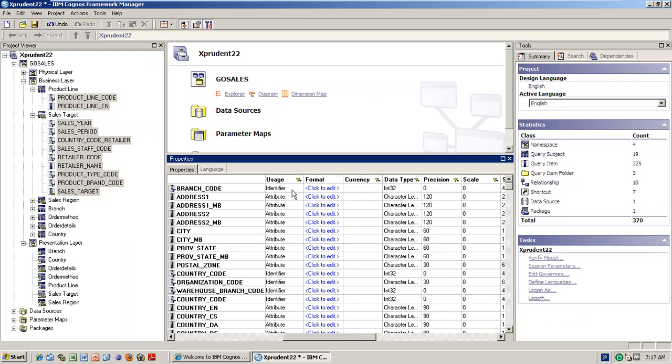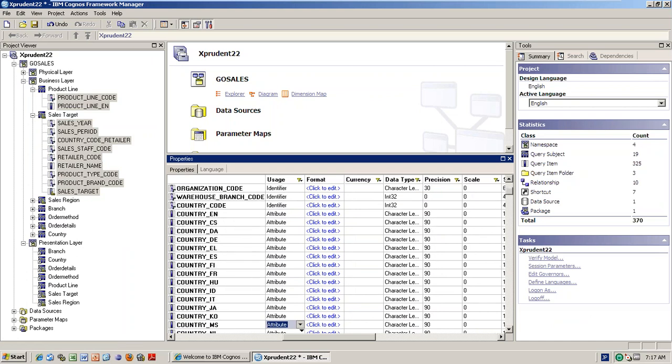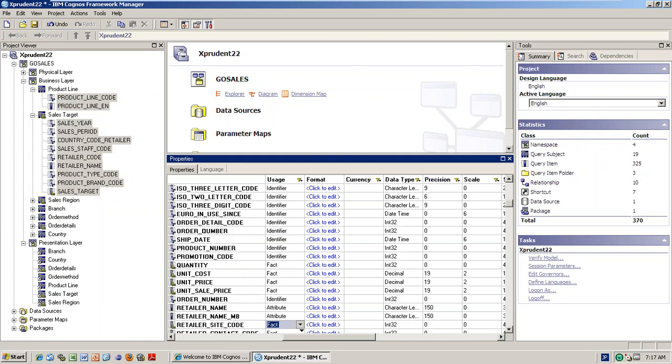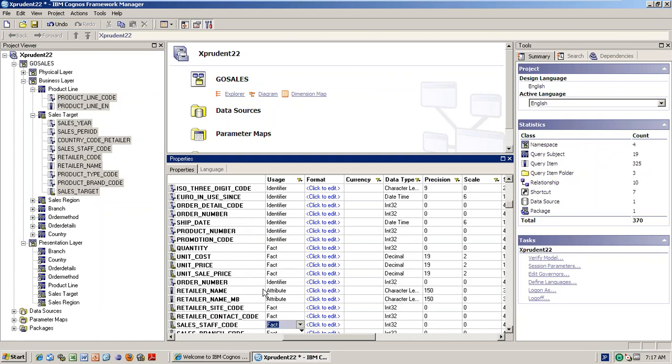Now say branch code is identifier, fine. Address attribute is fine. This attribute is fine, like this. You can go like this quickly, and warehouse branch code is fine. So see this, like this you can go quickly one by one, all the things at one shot, instead of going through each and every thing. So very quickly you can do this. See, retailer code is fact, which is wrong. So code is an identifier. You can do like this.